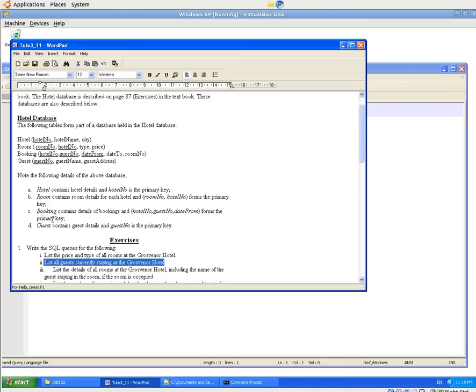I'm more than happy to do a separate tutorial explaining the actual process of what's happening when we combine these tables, and they're also called joins as well, but I'll leave that as a separate video if required. So we have to have a look to see which ones we're actually going to be using and which ones we think we're going to be using. So it says list all the guests currently staying at the Grosvenor Hotel. So immediately my mind goes to the booking table,